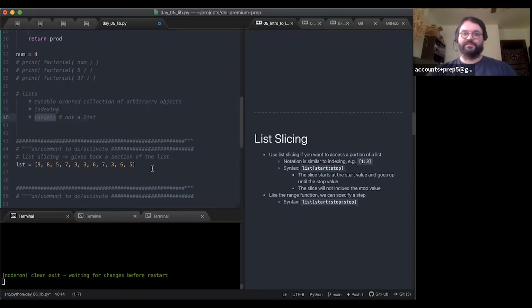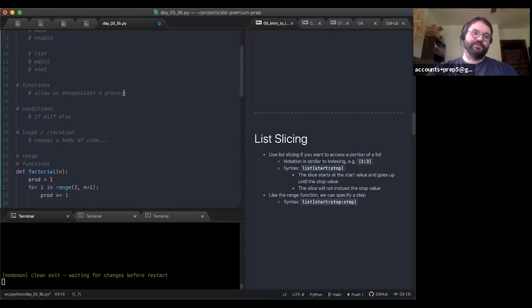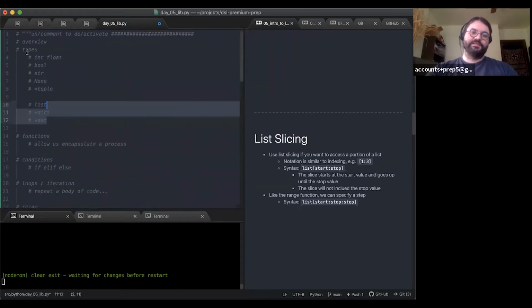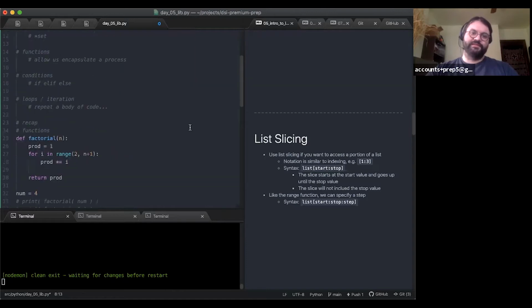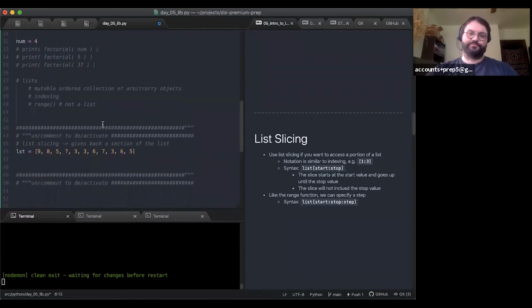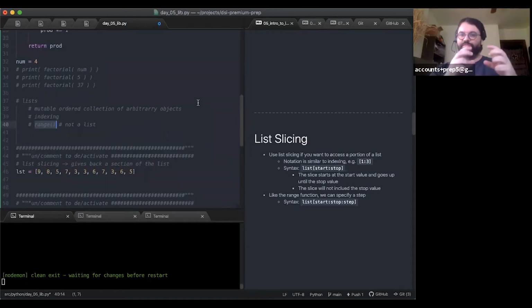It's not a list, it's not any of the other types, it is a range. But we don't consider it one of the types up here, because it doesn't have a literal form. Suffice it to say, for now, we don't consider it one of the types in the same way. It's sort of its own purpose-built little thing.